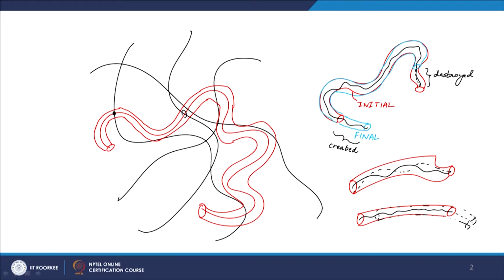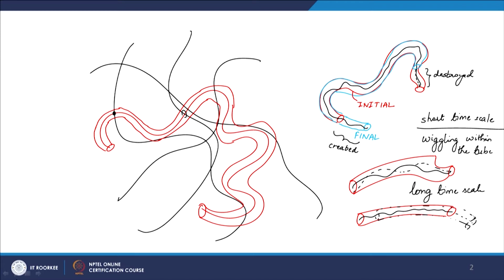So, for short time scales, we will see a wiggling or change in conformation within the tube, and at long time scales we are going to see the creation and destruction